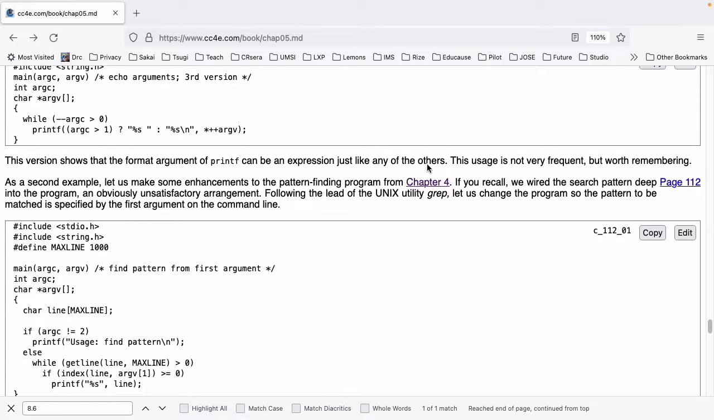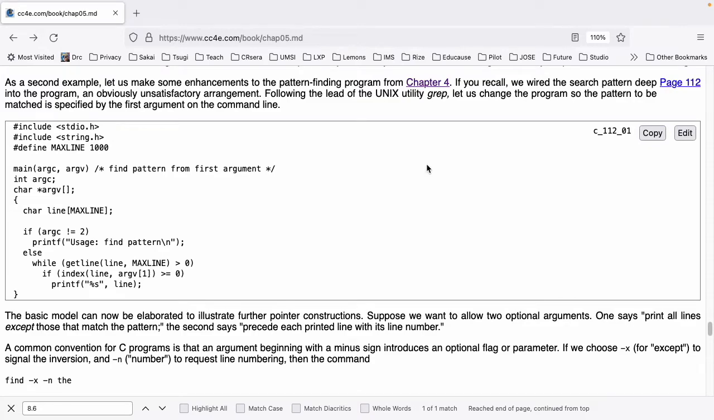As a second example, let's make some enhancements to the pattern finding program from Chapter 4. If you recall, we wired the search pattern deep into the program, and this is an obviously unsatisfactory arrangement for flexible code. Following the lead of the Unix utility grep, which stands for the Generalized Regular Expression Parser, let us change the program so that the pattern to be matched is specified by the first argument on the command line. This is example 1 on page 112 of the book, which you can see at